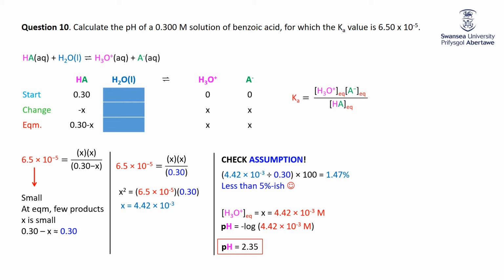Now, your teachers, by necessity, because of the A-level thing, essentially say we're always going to assume. So if we're always going to assume, all we have to do to get x, to get the H3O plus, is we take the Ka times the initial concentration and then square root it. And that would have worked quite happily for our last two questions. Now, of course, we leave out the whole thought process here. We leave out the check of the assumption. We just leap straight to here and solve it. And that works most of the time. But